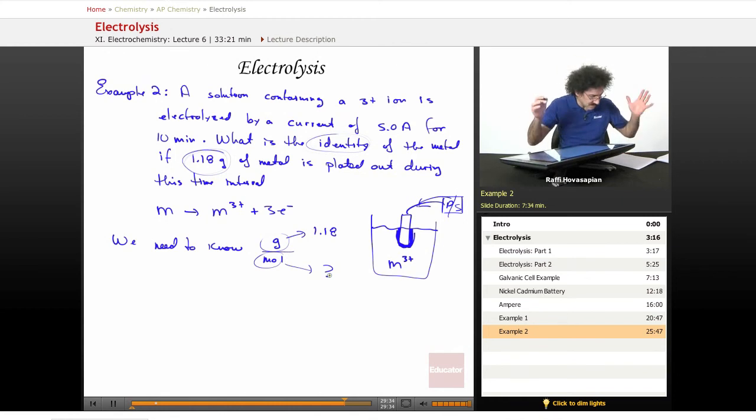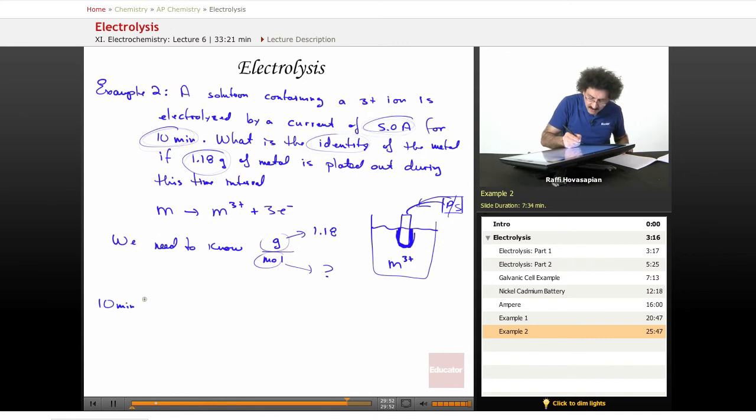Okay, let's see what we can do. If you want to go back and refer to that pictorial, what do they give us? They give us 10 minutes, and they give us 5 amps. So, time: we have 10 minutes times 60 seconds per minute. The reason is because amperage is coulombs per second. The second is the time unit for the amp. Times 5 coulombs per second,